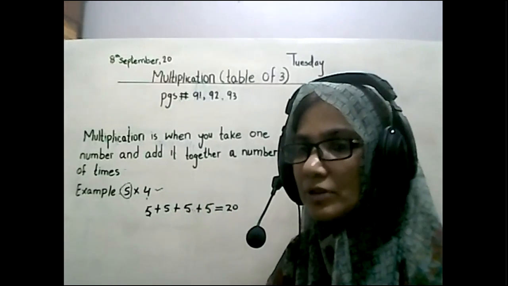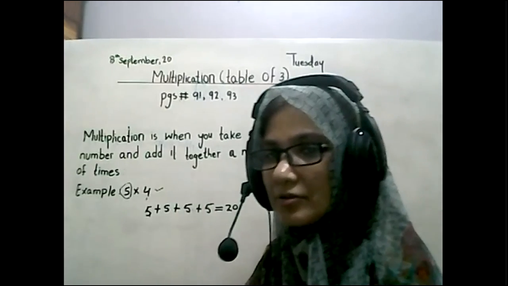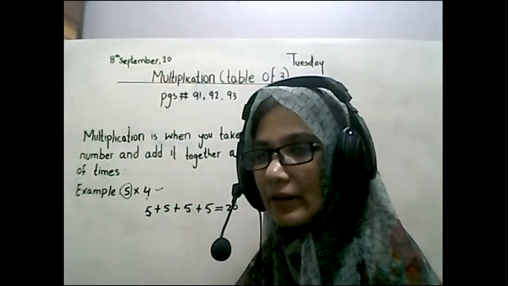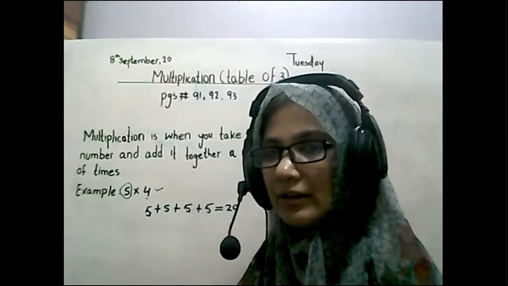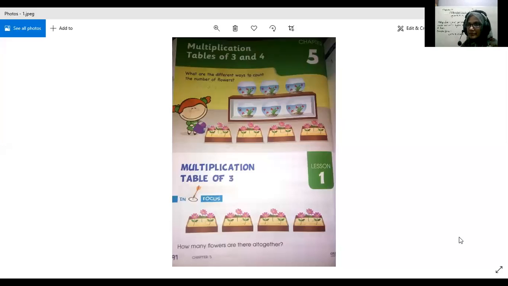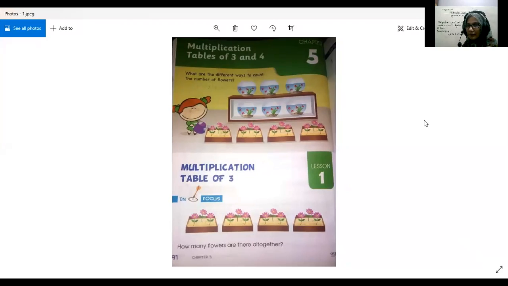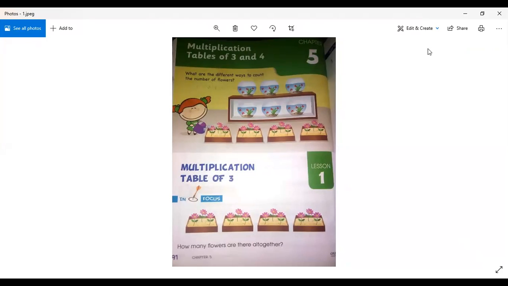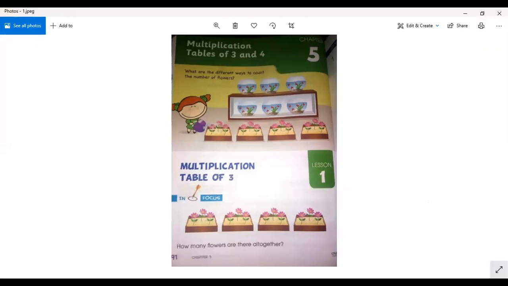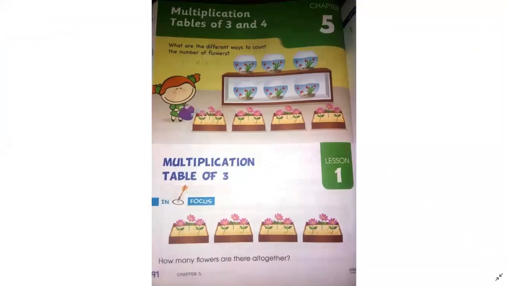So let's come to the pages of your book. Now this is the multiplication table of 3 and 4, and as you can see, pictures of flowers.